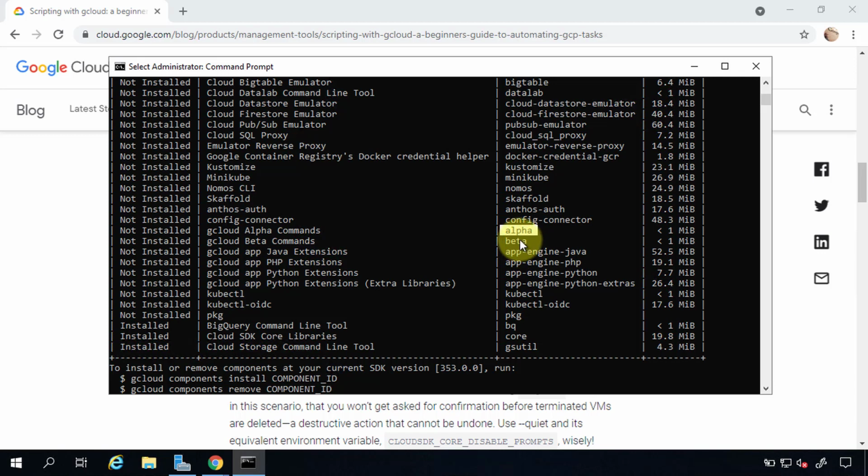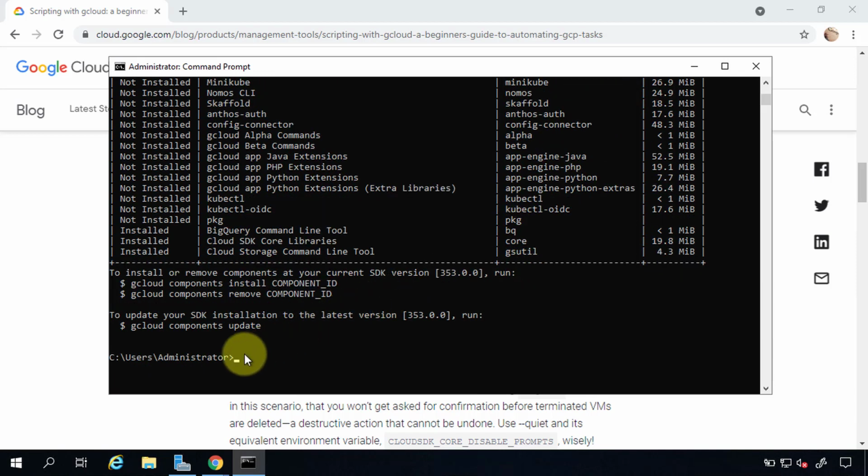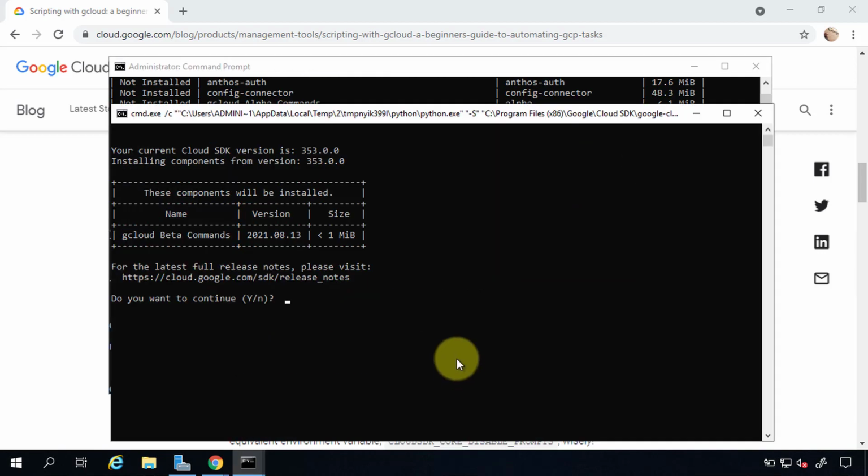So if you want to install beta, then you can simply copy the ID. Then you can do gcloud components install and then beta, which is the ID. This is going to start the installation process for these components. Now it might take some time depending on the size. You see the beta commands are less than 1 MB in size, so it should not take a lot of time. So this is the installation prompt, and as you see, it's opened in a different command line screen,